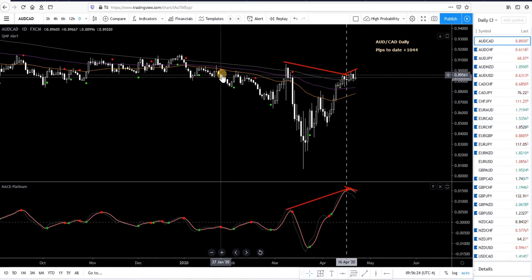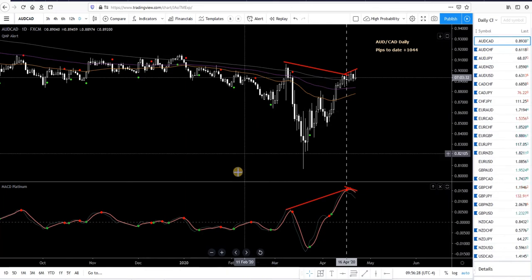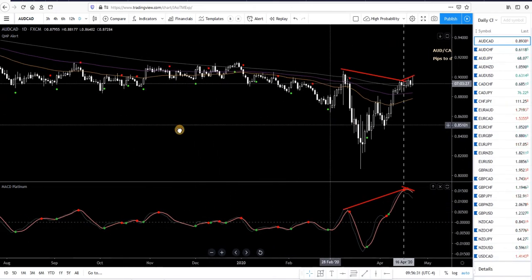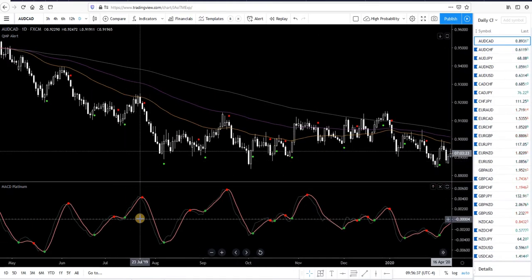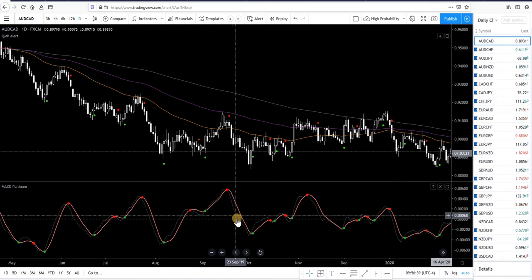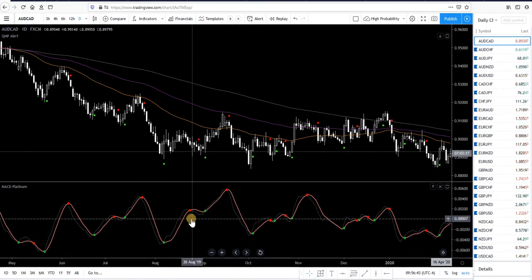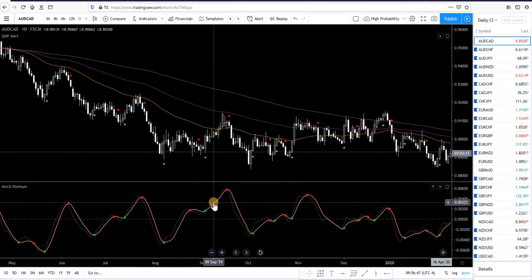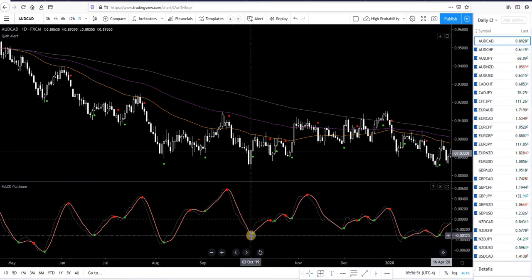The green and red dots on the price chart is called the QMP filter. It's just a combination of this indicator down here. I'll just move across the left a bit so it's a bit more obvious to you, because that coronavirus has sort of thrown everything out. This is the MACD Platinum, all right? It's just an oscillator. It's a MACD with a zero lag feature. So it oscillates around the zero level, which is the dotted line. So generally I'm looking for sells when it's above the zero line,